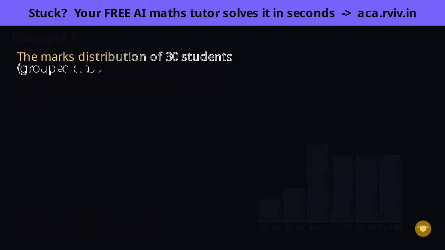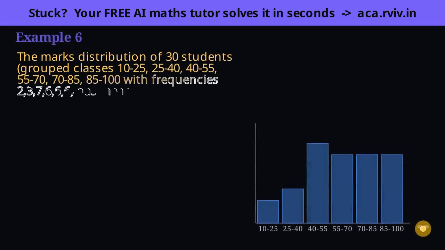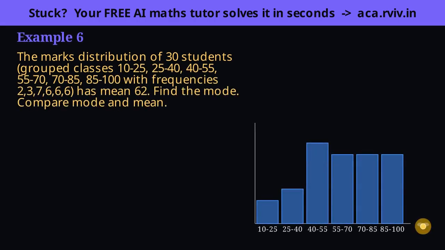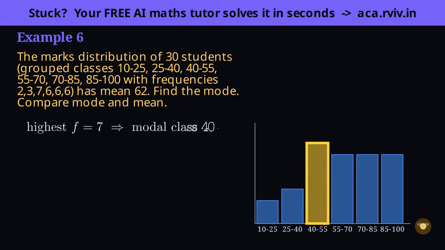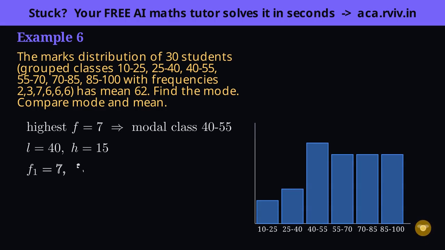Same students, now the mode, then compare it with the mean and see what the gap tells us. Same drill for the mode, find the tallest bar first. The frequency 7 is the greatest, so 40 to 55 is the modal class. Read off its lower limit and width. The mode is a step forward from this lower edge. L is 40, and the class width h is 15. Note the peak frequency and its 2 neighbors, since their imbalance decides the lean. f1 is 7, f0 is 3, f2 is 6.